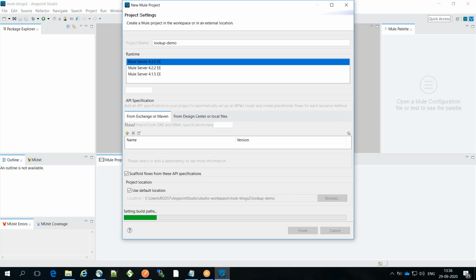Maven is a build tool which has a specific standardized structure of the project, and according to those standards, a Mule project will get created, which will have different directories and subdirectories. And there we will start with a new kind of API, which makes use of this lookup function. So let's wait for this project to get configured, and once it is in place, we shall get started with the configurations.